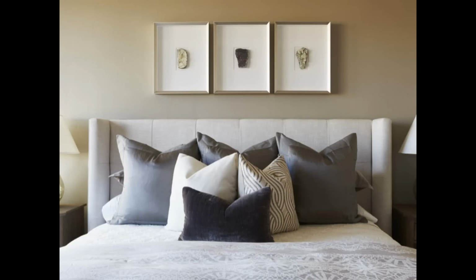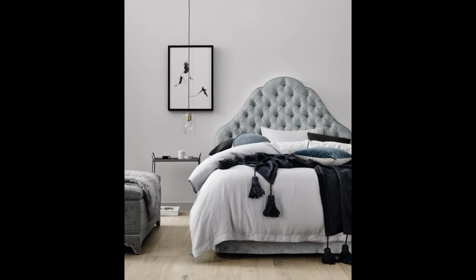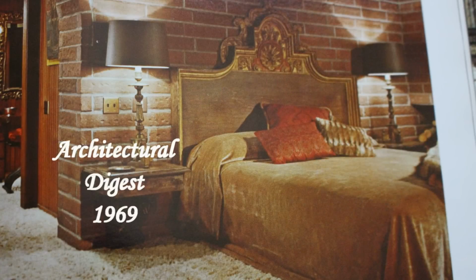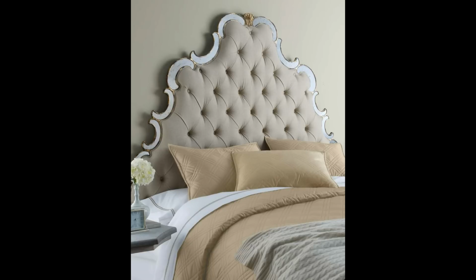Whether you love a contemporary or traditional style, an upholstered headboard will be the showstopper in any design space. But this trend is a resurgence to luxury, as seen in these next photos from 1968 and 1969. In the past, upholstered headboards had to be custom made, but now they are reasonably accessible. So if this is the year you're going to redo a master or guest bedroom, this is a trend you